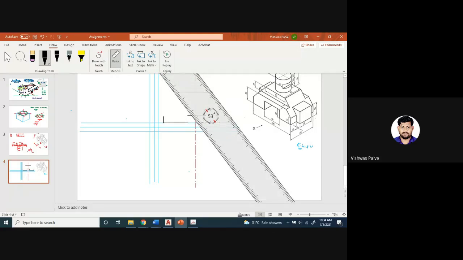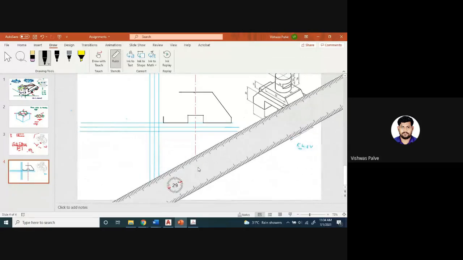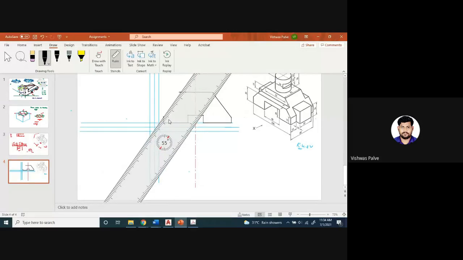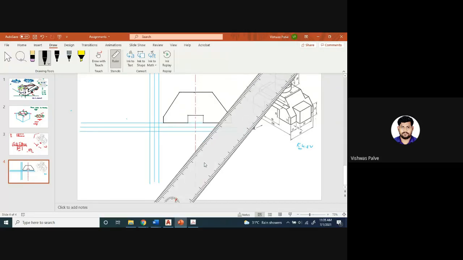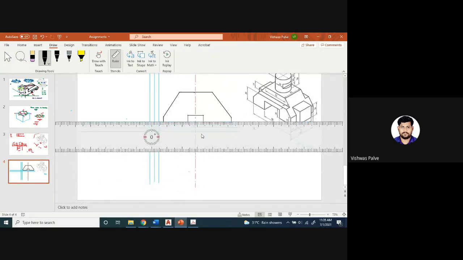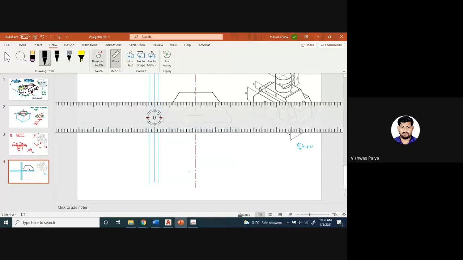Okay, connect this with an inclined line. Similarly, on the other side, you connect it with an inclined line, because it will be forming an inclination. Okay. After connecting this, you have to draw a horizontal line at a distance of 30 millimeter from bottom. You have to take 30 millimeter from bottom and 15 millimeter from the top distance.